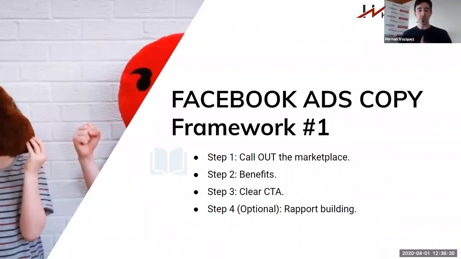So basically what a call out is, it will call out your marketplace. So what we're doing here is we're trying to stand out and call out who we're targeting. So for instance, attention chiropractors, that's going to be the first line of our copy. Attention chiropractors, or attention real estate owners, or attention realtors that need more leads. Or if you're a realtor that needs more leads, do this or read this. Okay, so there's a couple of call outs that you can use, and they're going to all be listed under this video as well. So you need to call out the marketplace.